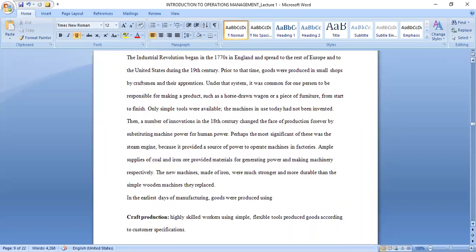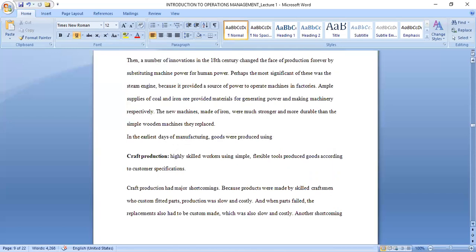So with the Industrial Revolution, it saw the introduction of new machines that were made out of iron, contrary to the products that were simply made using simple wooden machines. These new machines made of iron replaced the previous wooden machines. Are we together? So we see that before the Industrial Revolution,